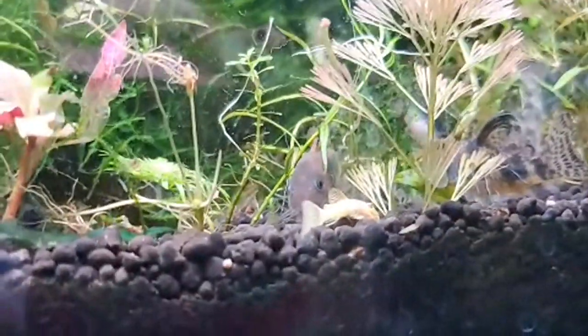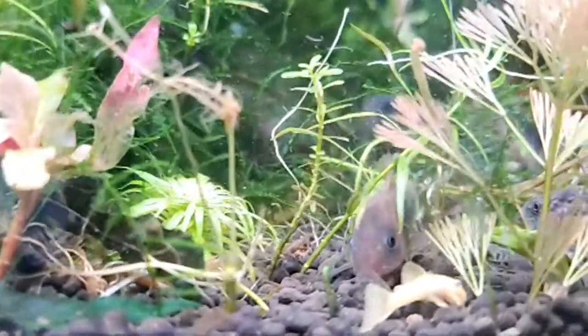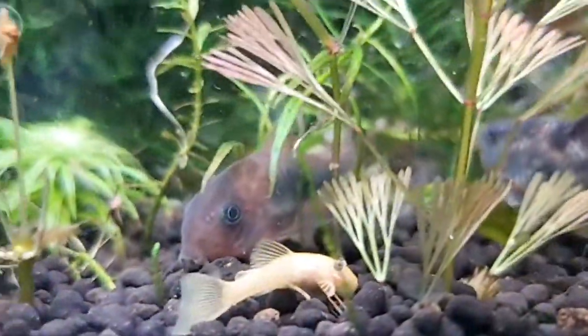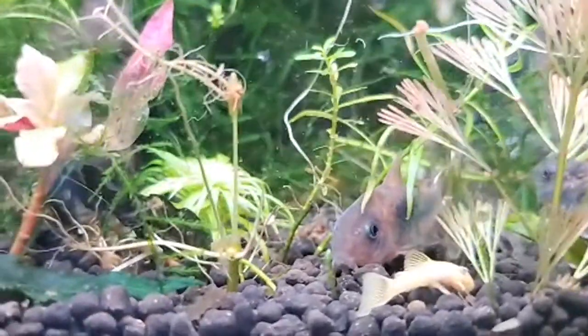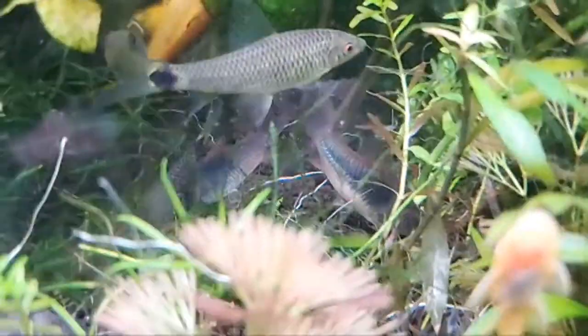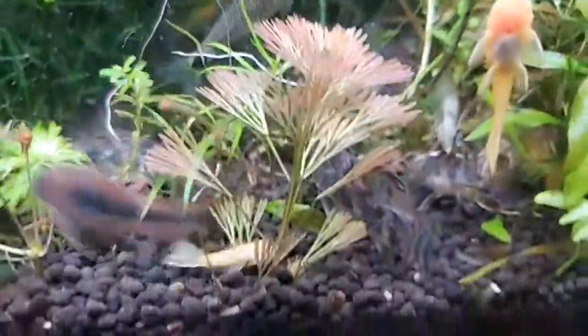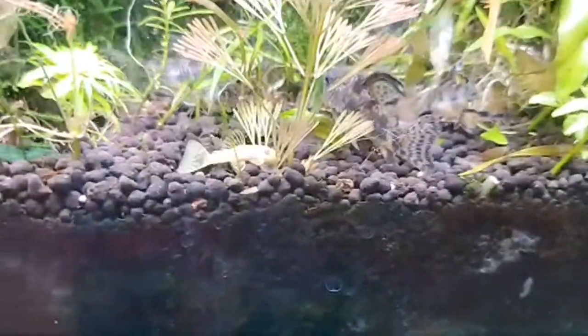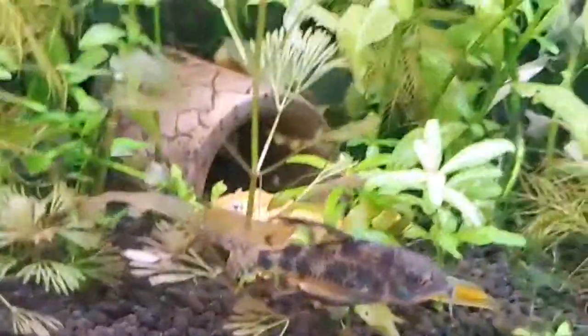Corys. And there's a few of the Aeneas that were supposed to be orange and blue. But 2 generations in now, I noticed some of them in this tank actually don't maintain that marking color. Now on the live stream it doesn't show up super well, but they're bright orange and cobalt blue, kind of gunmetal blue or gray. But I recommend keeping, if you can, if you've got a good enough sized tank, I